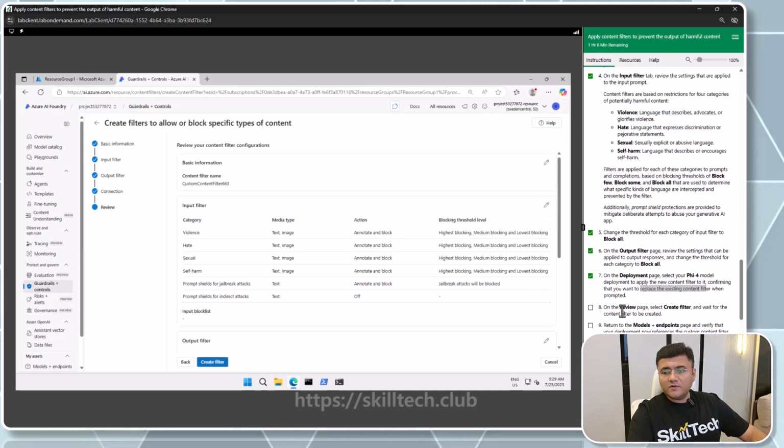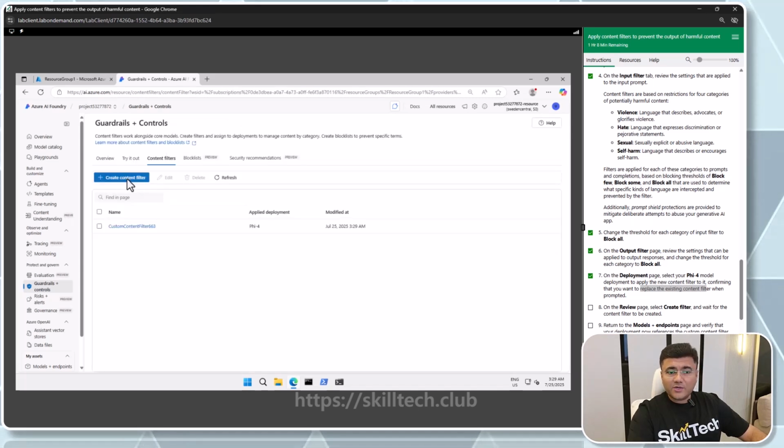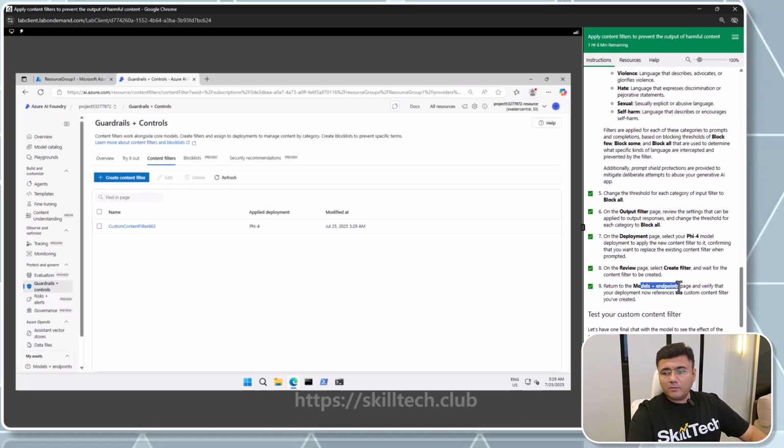And now on the review page, we are just going to click on create filter. So you can see these are the changes we have done. We are doing highest blocking with input and output. And I'm going to click on create filter. This is one content filter which I'm creating. This kind of multiple content filters you can create, and you can apply them to multiple deployments also. Okay, this is my custom content filter which got created right now. And now we are going back to our models and endpoints page